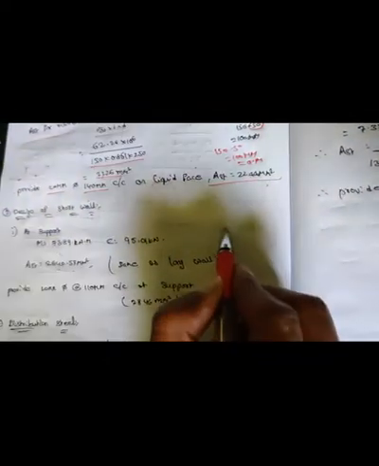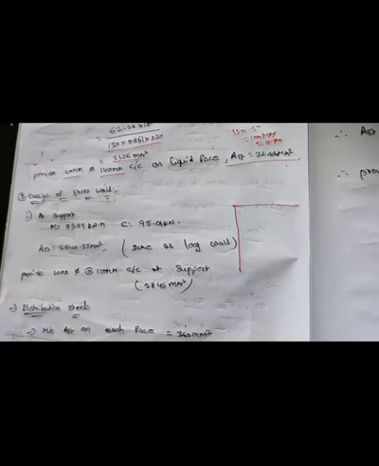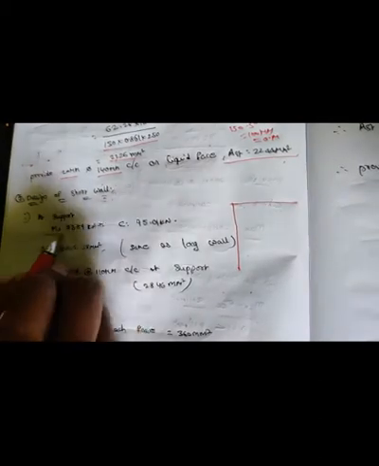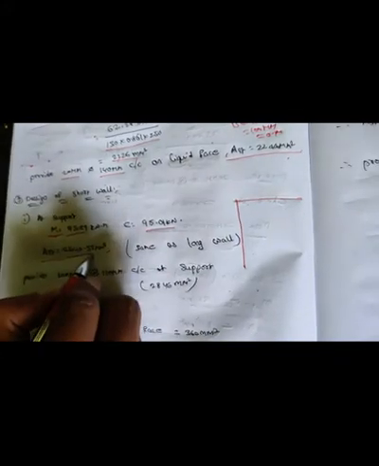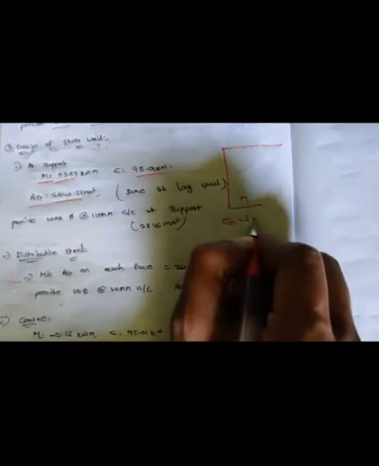Now the long wall has been completed. Now we have to design for the short wall. The procedure and everything is the same, no changes needed. Again take moment, compression value, and AST provided, that is 2640. What is the formula here? AST is M upon sigma ST into J into D.